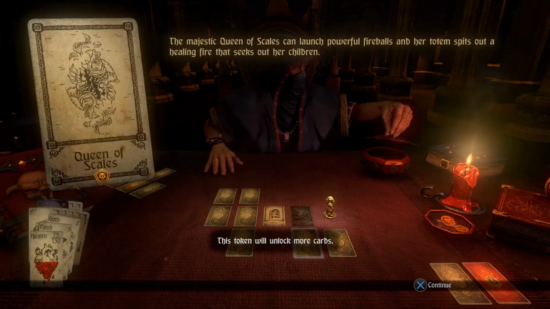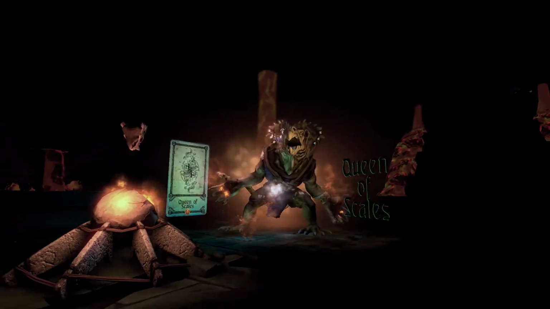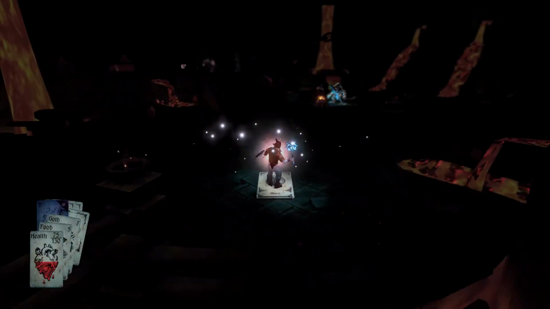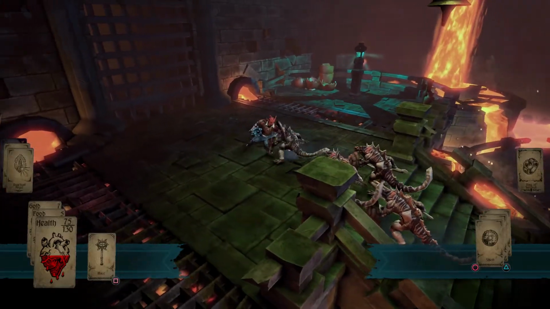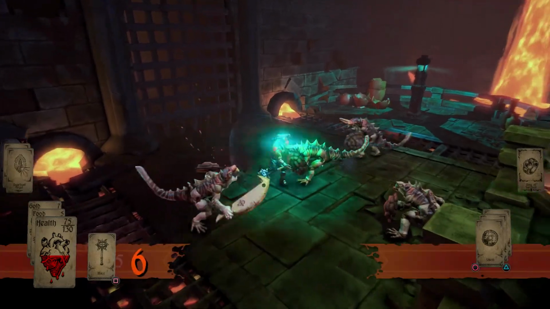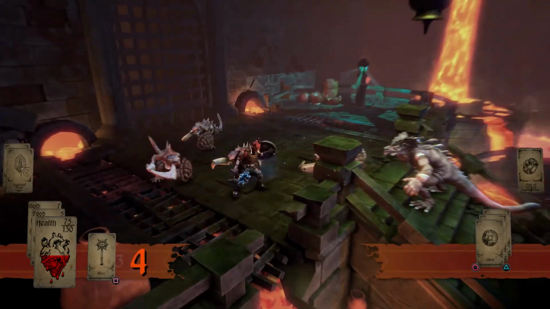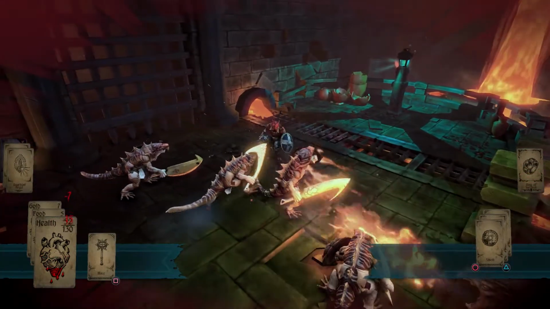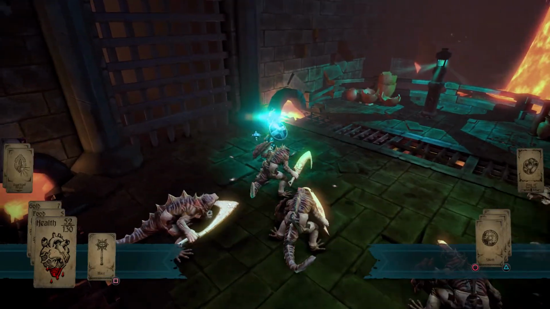Wow, so she can heal her brethren. Alright, I think we'll be okay. We're at 75 health. Will unlock more cards if you can defeat this encounter. Oh no, it's in the fire arena. This is gonna hurt. Alright. Let's do what we can against our brethren first. My mage helm seems to have procced a shield at that point. Oh god, she's got a fireball of her own, doesn't she? Alright. If I can keep my distance...